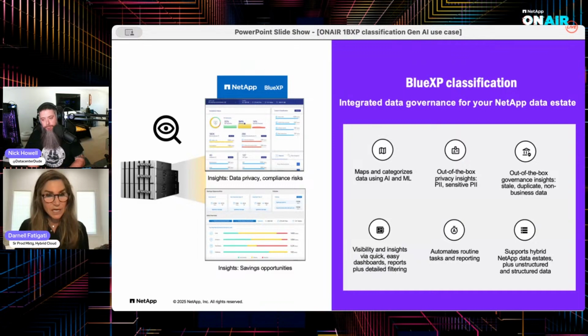And then it will even tell you, hey, Nick, I see that you've got 75% of your data is in, I don't know, FSxN, and maybe a third of that is sensitive personal information, and you've got open permissions associated with that. So you can say, oh, let me focus on this very specific working environment and address that first,